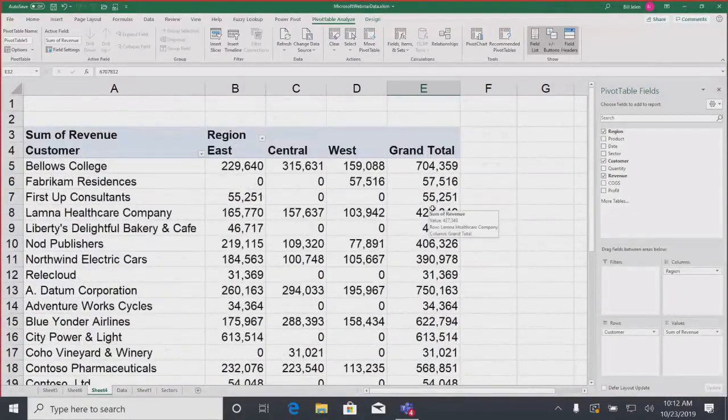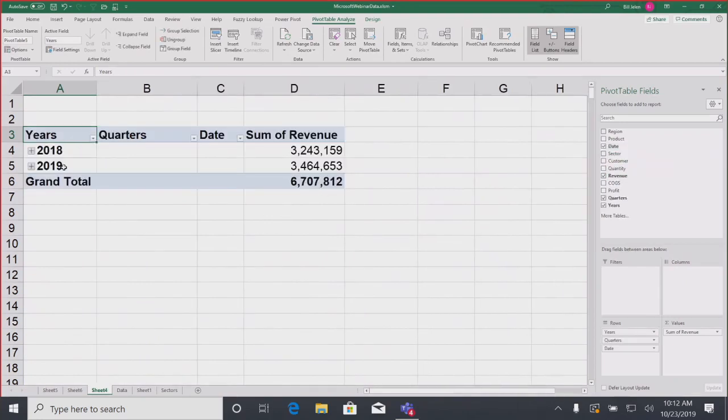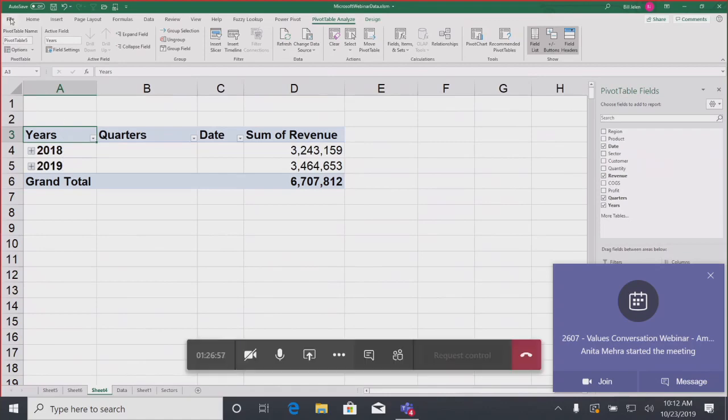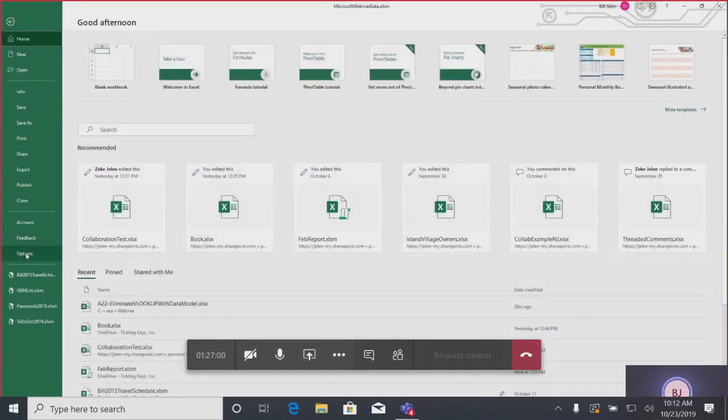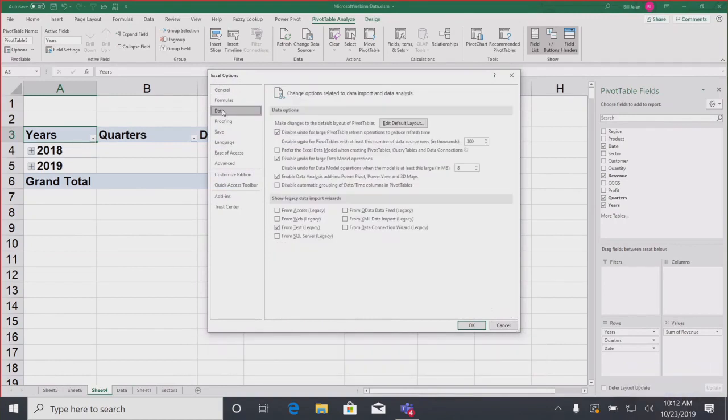All right, so the next example I wanted to go through here with traditional pivot tables is creating a year-over-year report. In this particular data set, I have 2 years worth of data. I choose dates here down the left-hand side. Oh, look at that. They automatically grouped the data for me. And this is an option, right? So if we go into File, Options, this started happening in Excel 2016. Here on the Data tab of Excel Options, you can disable automatic grouping of date and time columns in pivot tables.